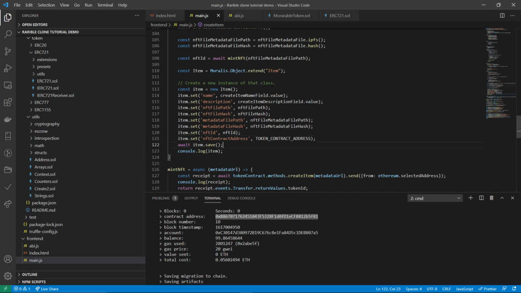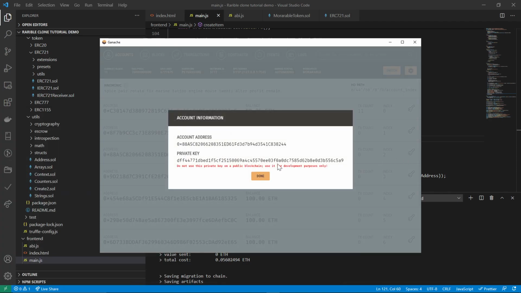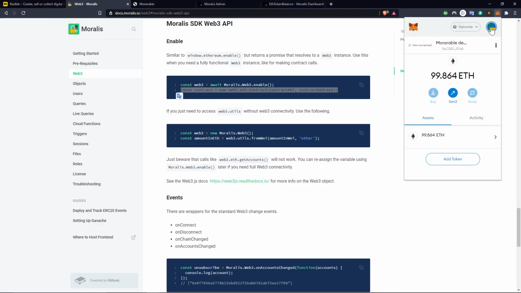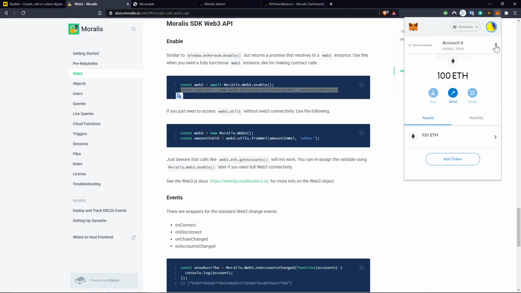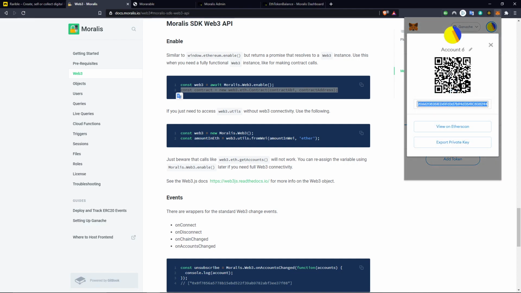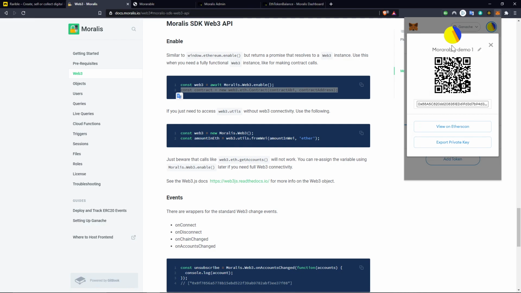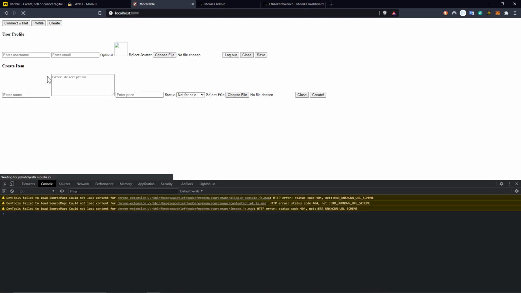And to do this, we can go into Ganache and we can just select one of the accounts. Let's do this one. You select the private key, you go into here, and then you open up MetaMask, and then you import an account. You paste the private key here, and let's just rename this to RARIBLE demo 1, for example. So now we have this account, and with this we can go here, make sure that you have the server running on localhost, and then we can refresh this,